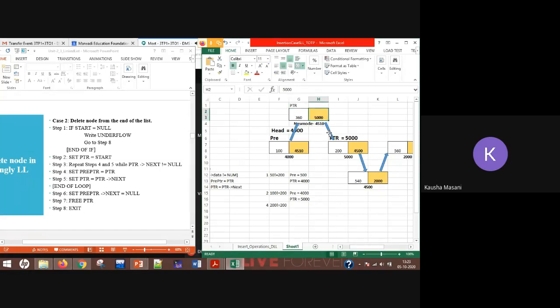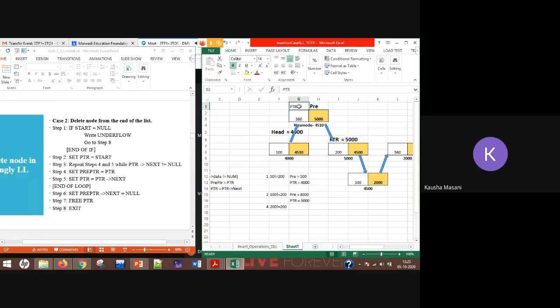Again, what is the value of PTR next? 5000. 5000 not equal to null. What I need to do? Move my pre-PTR. Okay, so this pre-PTR now has position here, and this PTR now has position here. Okay, why? Because I need to move my PTR to PTR next. Value of PTR next was 5000, so that's why my PTR is here.